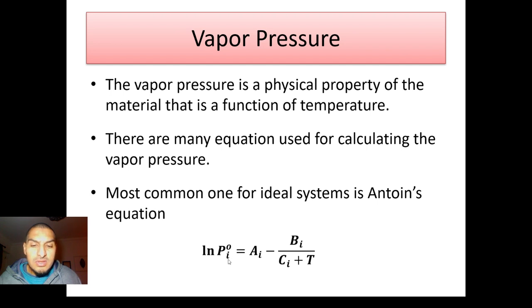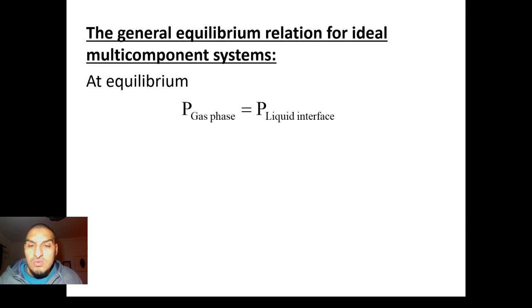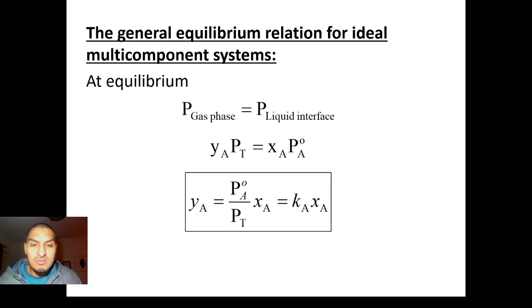And for every component i, it has A, B, and C, which are three constants for each component. And this is the temperature in Kelvin, and you calculate the vapor pressure in millimeter mercury. This is for the values of A, B, and C that we are using. You can find other variants of the equation that fit another set of units. Anyway, we use the equilibrium relation that the pressure in the gas phase equals the pressure at the liquid interface, and then we apply the two equations,